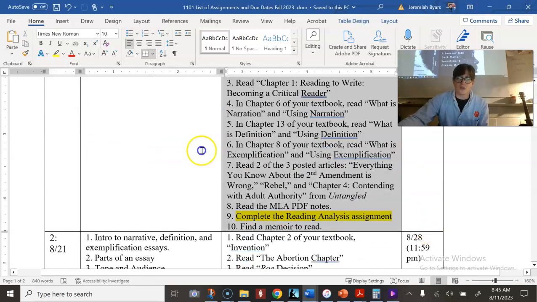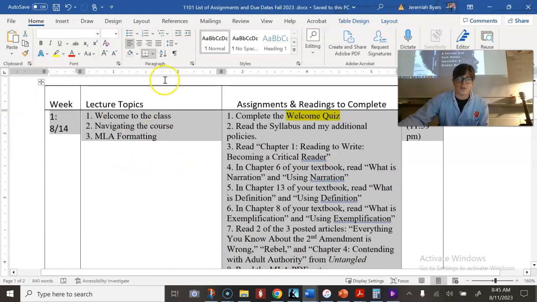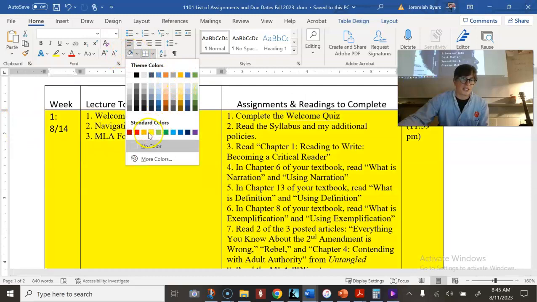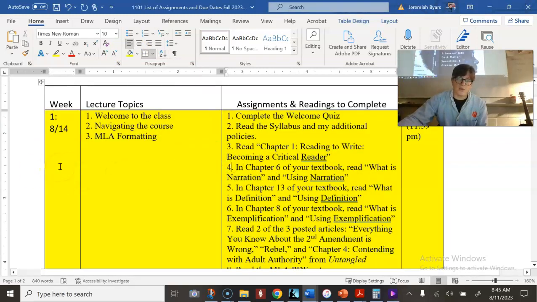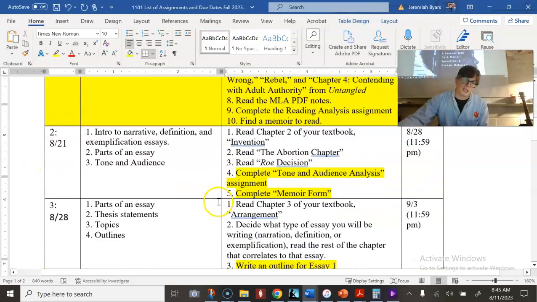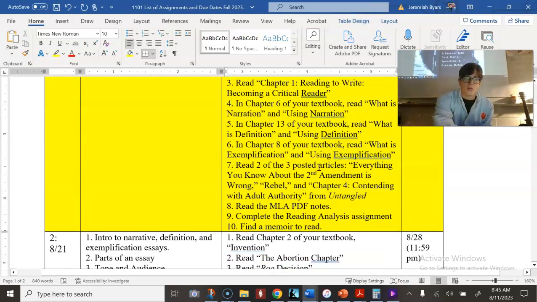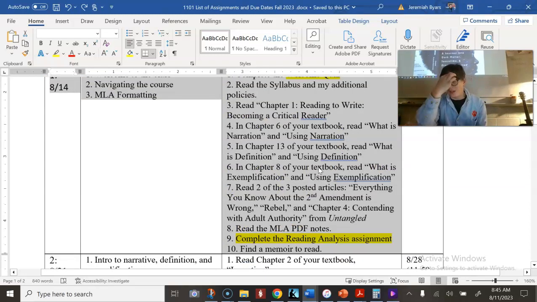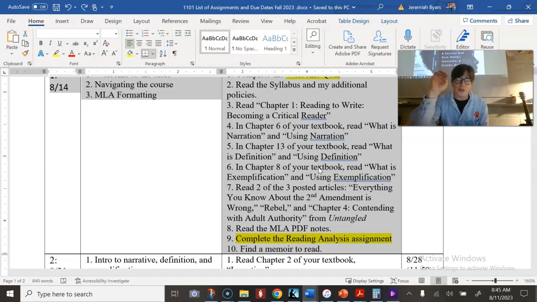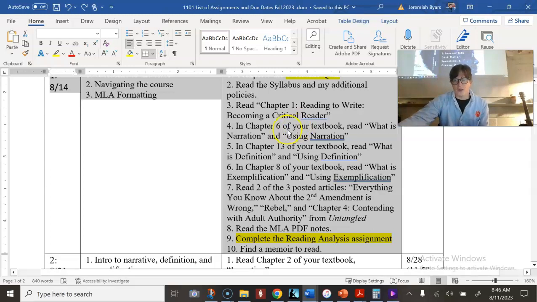And then when we finish the week, when we've covered everything, I'm going to fill this in with yellow. That's telling me we've completed all this. And then I move on to the next week, and the next week. So only do what's in this document. If you have buddies in other 1101 classes, and they're talking about things they're doing or when their assignments are due, oh well, that's on them. That's for their class. Your class, this stuff right here is what matters. This is the only thing that matters.